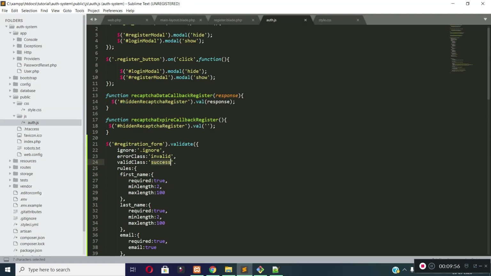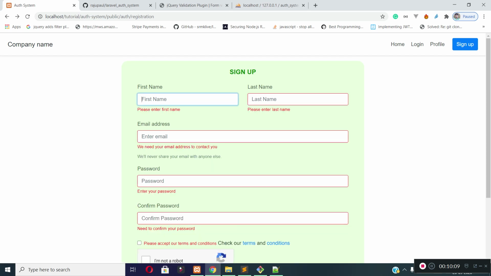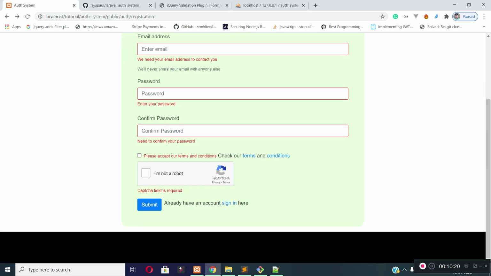Yeah, this should be a comma here. Okay, now refresh the page and submit the form. You can see the border of the error input is red and the validation message text color is red.